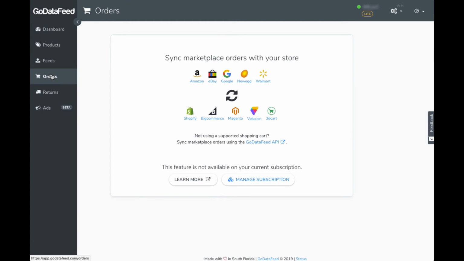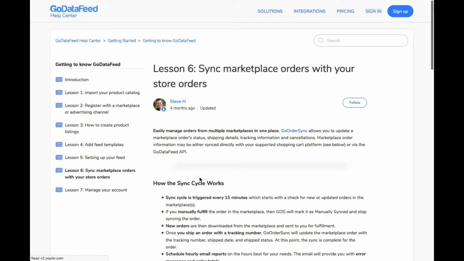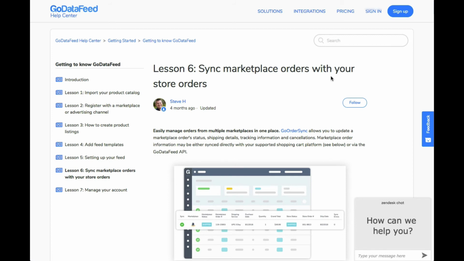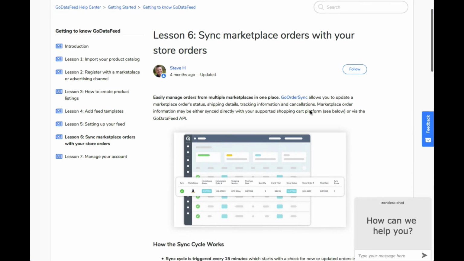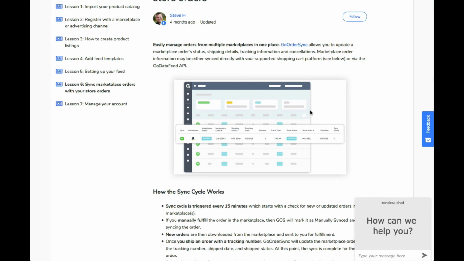Let's look at orders. Sync marketplace orders with your store. This feature is not available on your current subscription. Okay, well, let's click on learn more to see if I want to do this. Sync marketplace orders with your store orders. Okay, so this is like every platform that helps you consolidate everything. It allows you to make sure that you're not selling things in another store that you've already sold out from another place. So like if Amazon goes on this amazing promotion and sells out all your stuff, all of a sudden somebody goes to Walmart